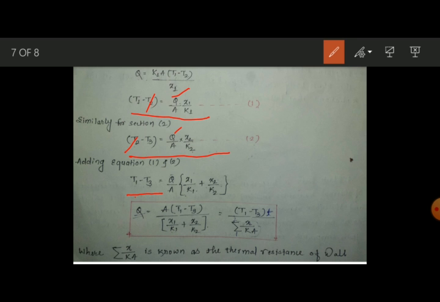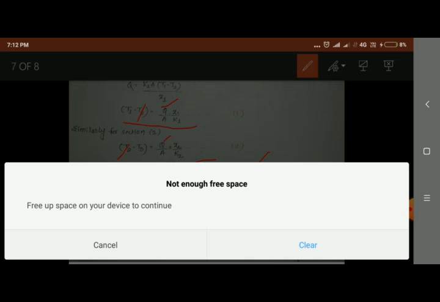Correct? Now I will rearrange it. I will keep Q on one side and transfer the remaining to the other side. So what will we get? Q equal to